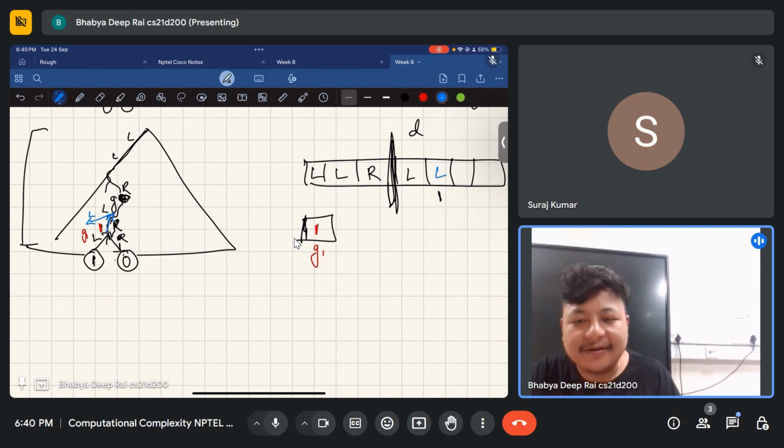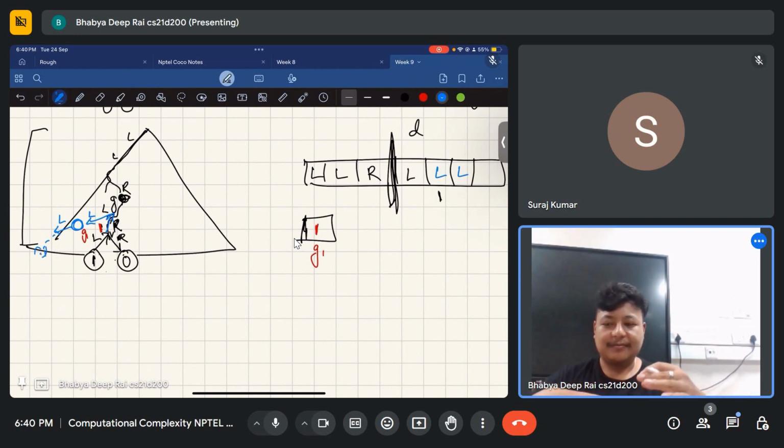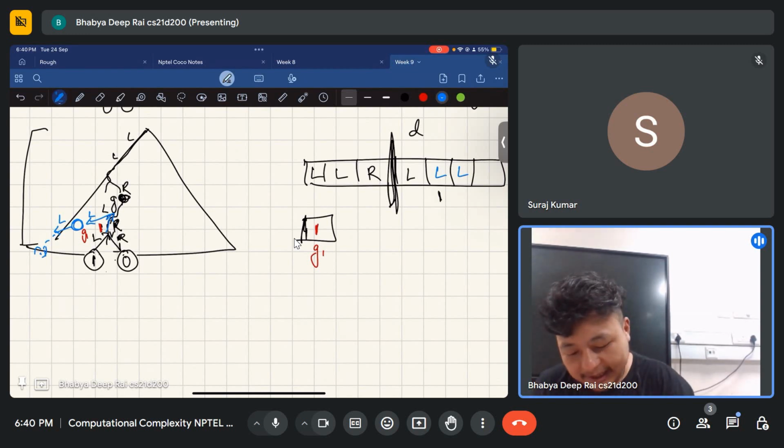Then I'll add an L here. Then what do I have? I have a gate here. Now I again have two choices: I can move left or right. Let's say I move left again. Then I'll add a left here, and so on and so forth until I reach a leaf, and I keep doing this. Then I obtain the information that, okay, this guy is a